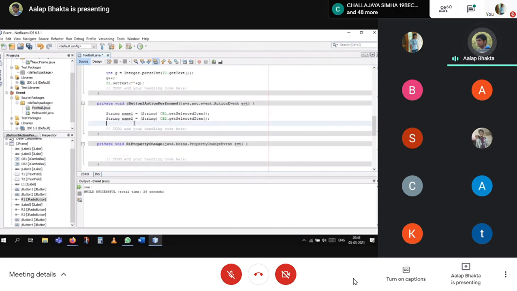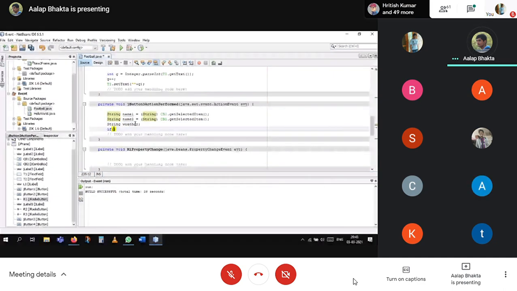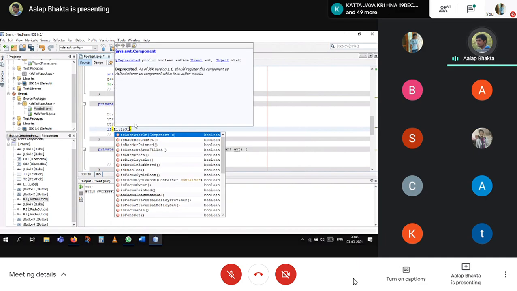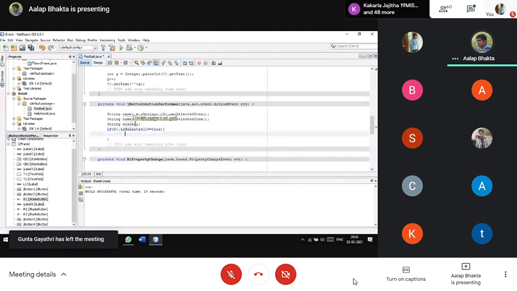Okay, so you know if and else, right? If the statement is true, then it will execute the code written below. So the string weather: if r1 dot is selected equal to true,